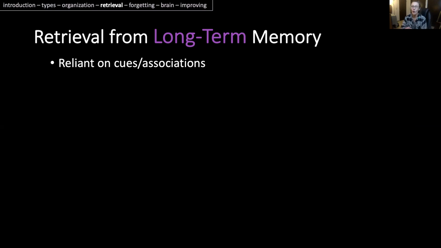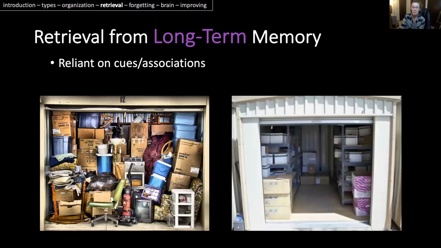The second piece that we know from retrieving, though, is that retrieving from long-term memory is often relying on cues or associations. So I'm sure you're all familiar with how we just struggle to retrieve things. Perhaps you experienced this while taking the exam for this class, where you're like, I know that information, I just can't get it, right? If long-term memory is truly unlimited, why is it so challenging to retrieve information at certain times? Well, one of the reasons is that it might largely depend on how good we are at organizing the